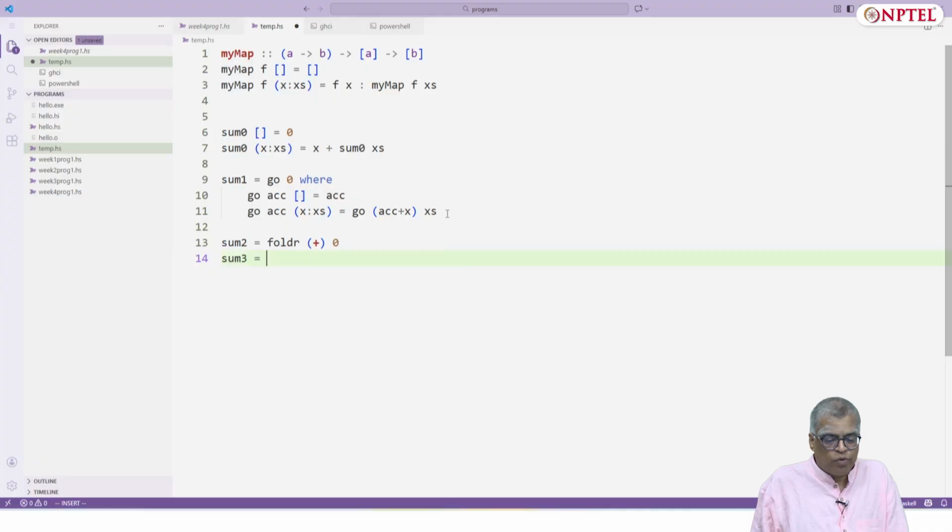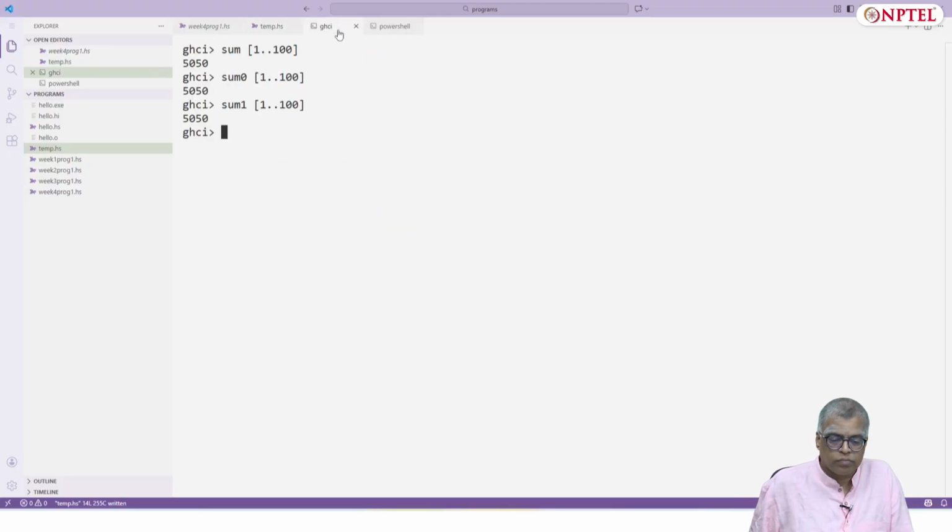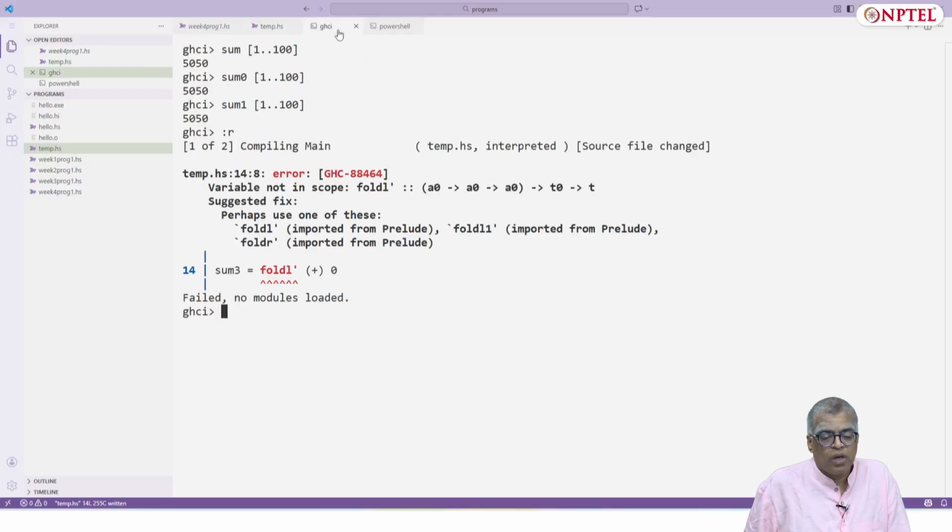Sum3 is foldl' plus 0, but now you will see that it will complain saying that foldl' is not found. Yeah, it says foldl' is not in scope.